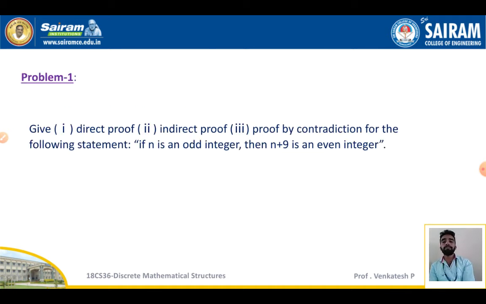So we'll see some examples for proofs and disproofs. First, give a direct proof, an indirect proof, and a proof by contradiction for the following statement: if n is an odd integer, then n plus 9 is an even integer. So we have to prove this statement in terms of direct proof, indirect proof and proof by contradiction. We'll see one by one. First,